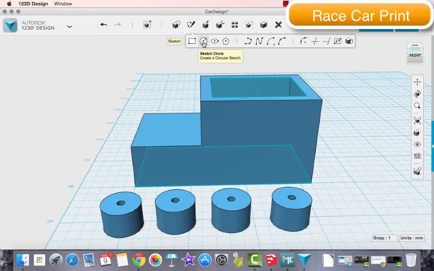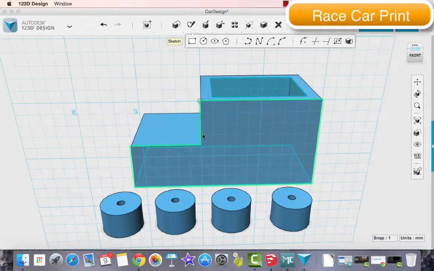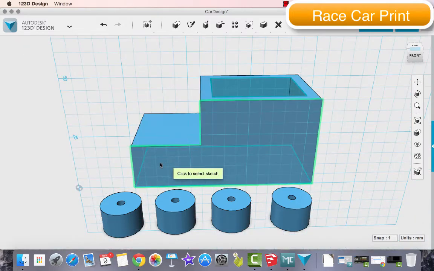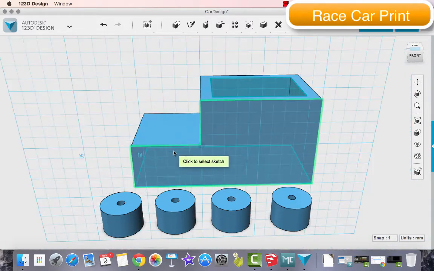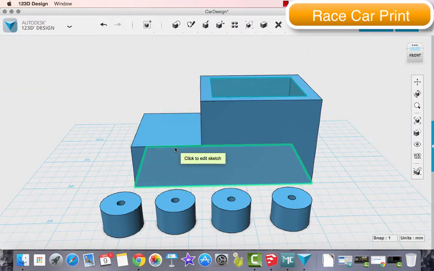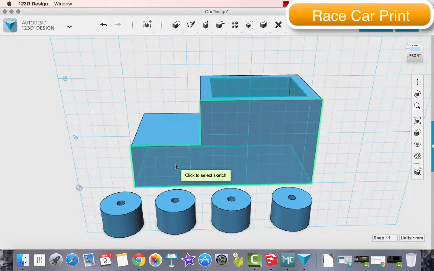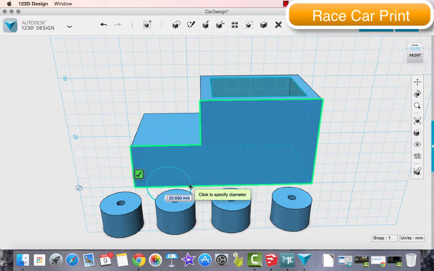First thing that I'll do for the wheels is go to Sketch Circle, and I need to select the right face. So I'm selecting the right face here. Notice this would be going on the floor. This one here is going on that face that's showing on our end. So I'll click on it once, and then just for the sake of what we're trying to do, I'm going to go 3 blocks in. So each block is actually 5 millimeters. I'm going 15 millimeters in, and I need to go